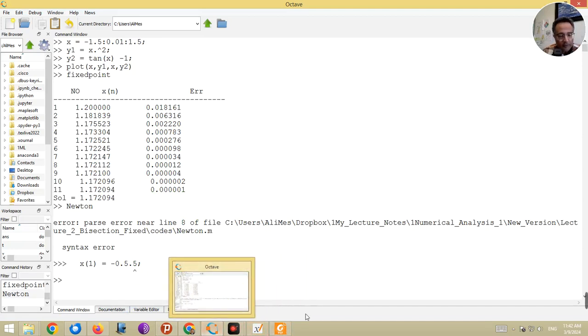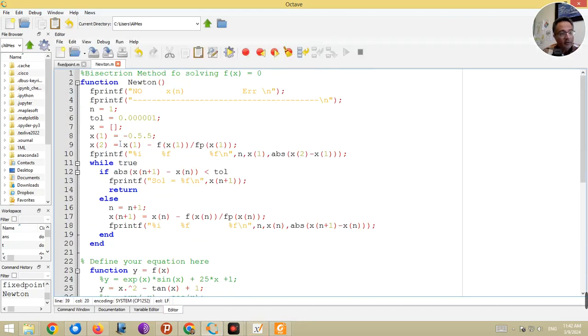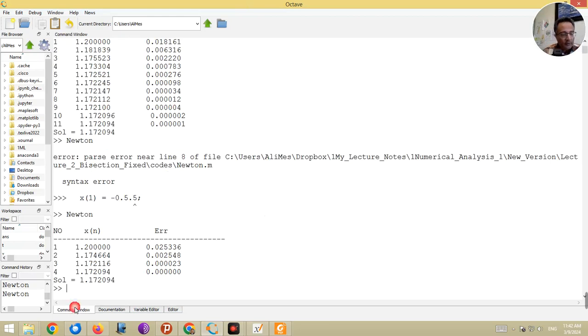Maybe something is wrong in the initial value. Yeah, x1 is not correct. It should be 1.2, same as the fixed point method. And now we run it. The same root